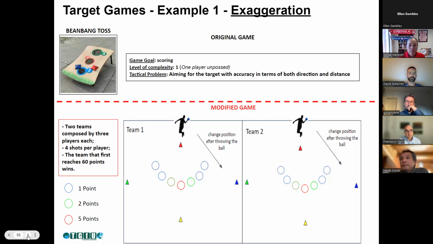The player starts by throwing a ball from the red cone, and then they move in a clockwise direction to the blue, to the yellow, and to the green, respectively. For each throw, a player has to decide if throwing the ball to the nearest circle, as the blue ones for the player in the red cone. But in this hypothesis, the blue circle has the lowest point.